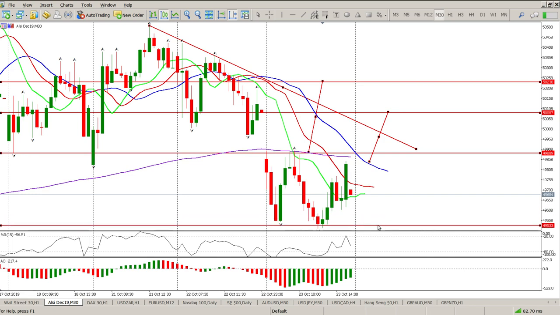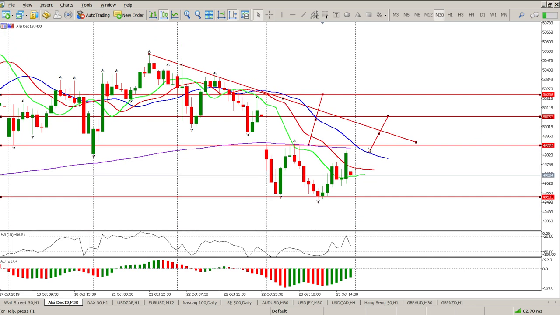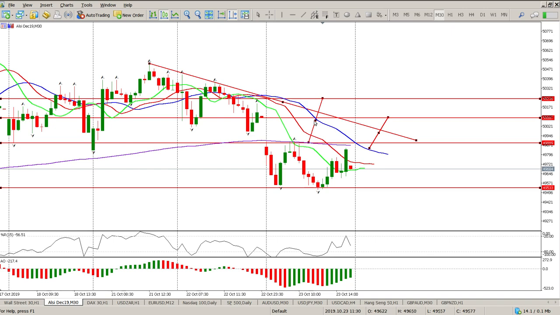Okay, so in that case, what you're looking for is short off the top. Anything top here, one of these swing lows at the gap, looking for a short, and you're probably looking for a short back to 49,500 area. Okay, if we break below 49,500, then this is a consolidation pattern, and what you're looking for then